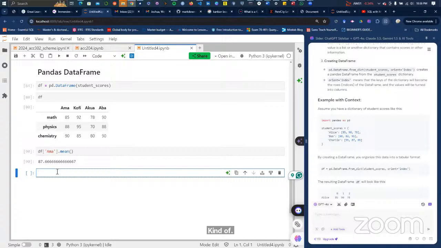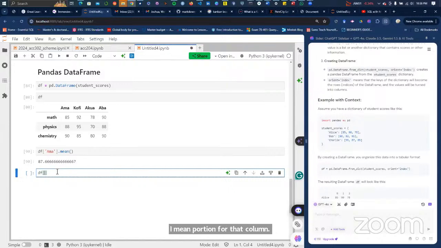So let's see it. When I do df and this square bracket notation, which is like an accessor notation, it's going to look at the column headings of the table. If it finds a matching column, it will return the data portion for that column.